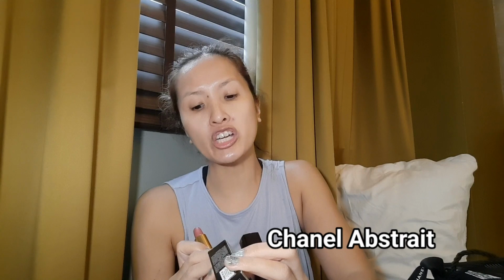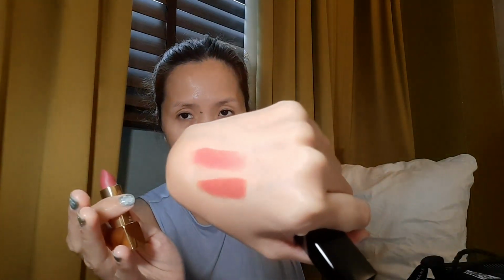So, I asked her to choose a universal bridal shade for me. So, this one is... Oh my gosh, anong shade ito, dear? Abstract. Yeah, this is Abstract. Shade number 69, Abstract. So, I'm gonna compare this with the Gucci because I got also in matte. So, parang I needed like a few swipes pa to get the color. So, it's not like super head-on dry matte. So, may pagka-pinkish siya as compared with the orange coral-like ng Gucci when they met in Argentina. Abstract is more mauvey brown pink na may konting shimmer as you can see with the light, pero hindi siya